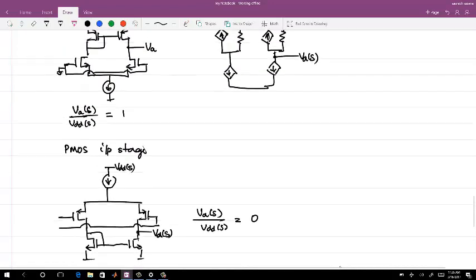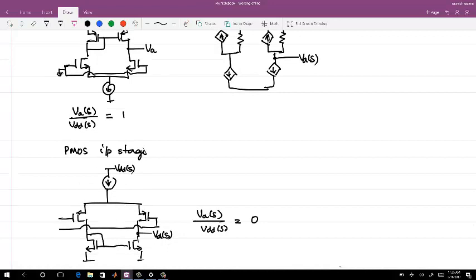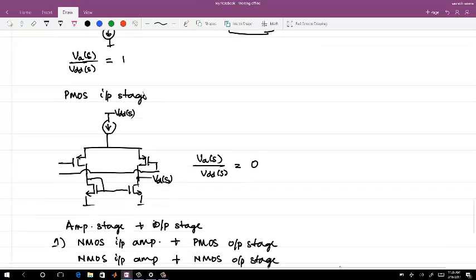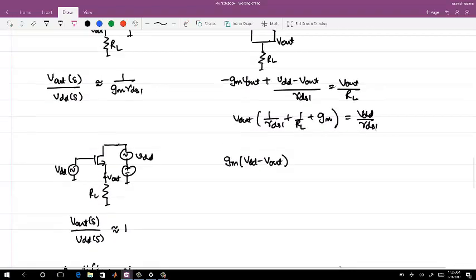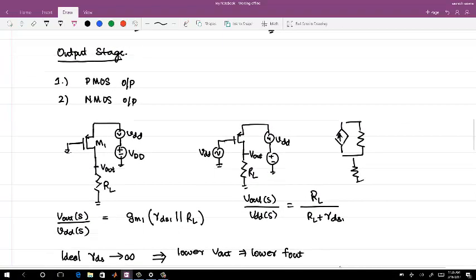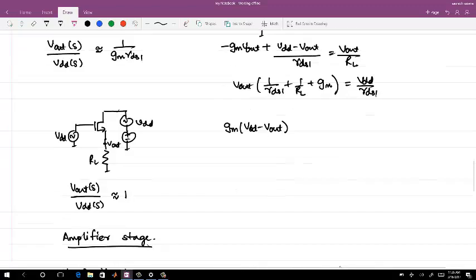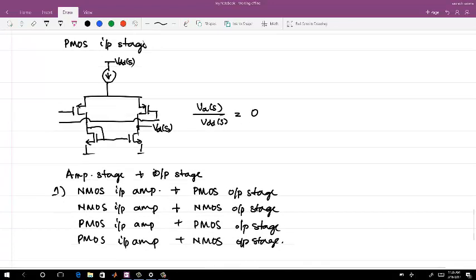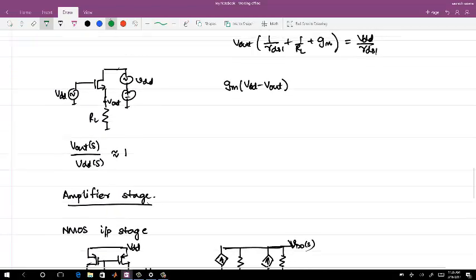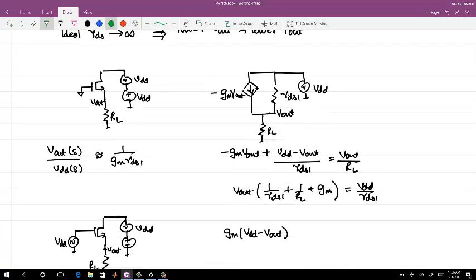The first one is the NMOS input stage where VA is tightly coupled with VDD, and you are having a PMOS output stage where you are having a resistive divider, right? So that is the first one. Whereas when you have an NMOS input amplifier and NMOS output,